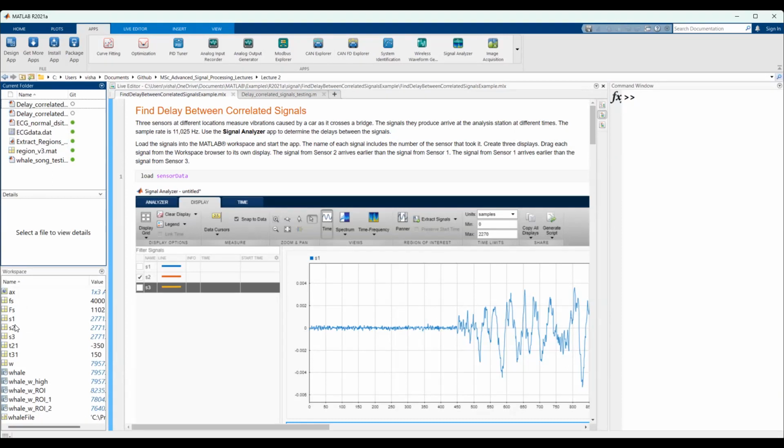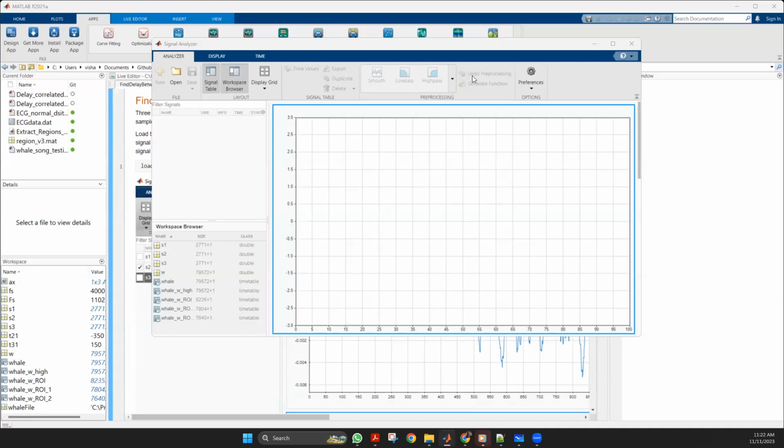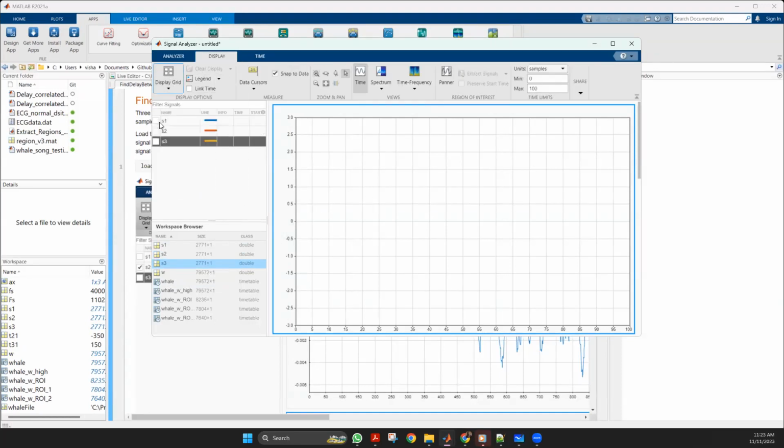S1, S2, S3 are the sensor data that have been collected regarding this scenario. S1, S2, S3 are vibration data, and I have those data in my signal analyzer app as well. I can see S1, S2, S3, and then I can put them into this plot. I can plot all three signals,